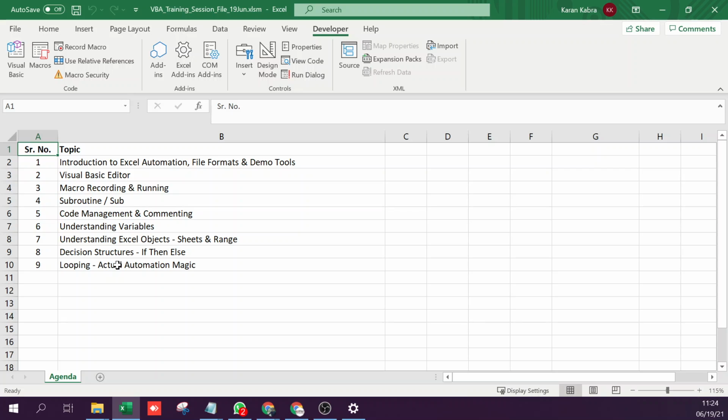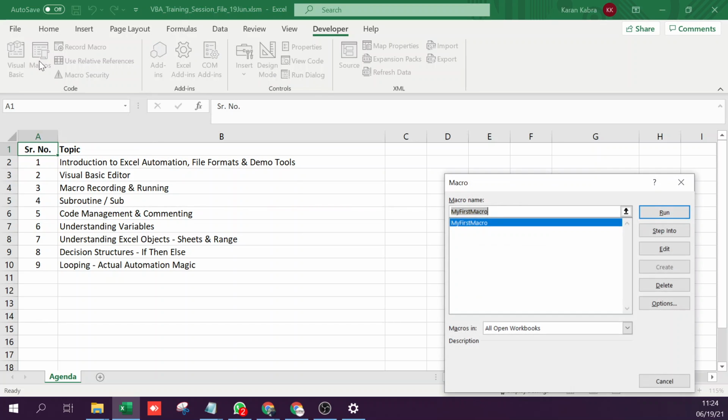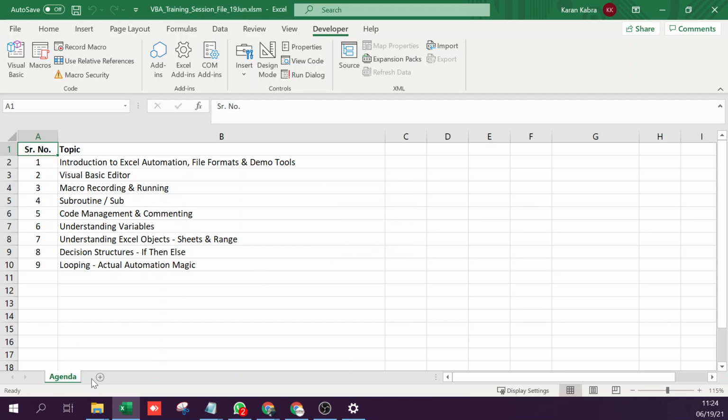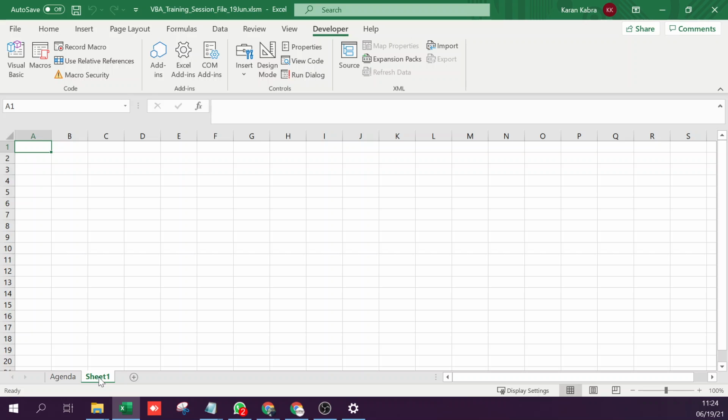And if I want to run that code, I can click on Macros. It will show me the list of macros that are there in this workbook. And I can simply say, since this is the only one, this is already pre-selected, I can click on Run and it has just run it. Right? But obviously, let's say you give it to somebody else to run it, you're not going to ask them to click on Macros. You are going to put a button or something, make it easier for them to access it.